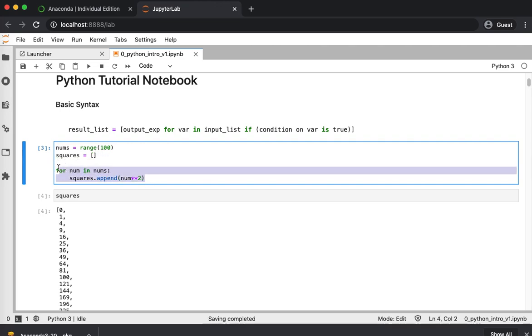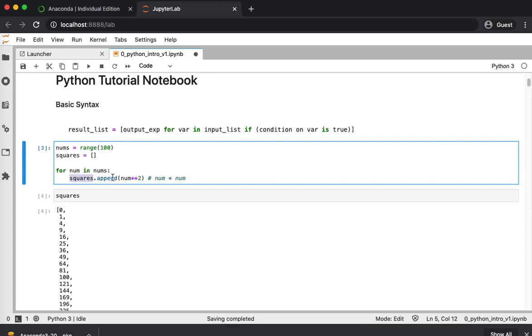So in the following code there is a for loop, and this for loop is to read the values one by one. Read each value in nums, save it in num, and then take this value and multiply it by itself, or take the square of that value by just saying num times num. So this is a square. Take each num and multiply it by itself, or take it to the power of 2,